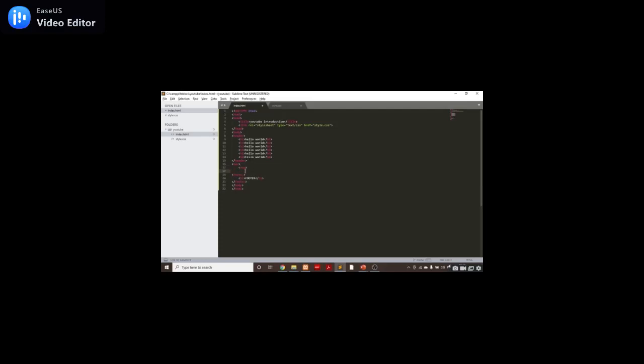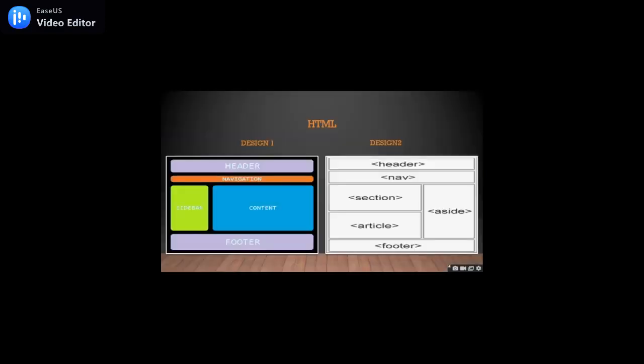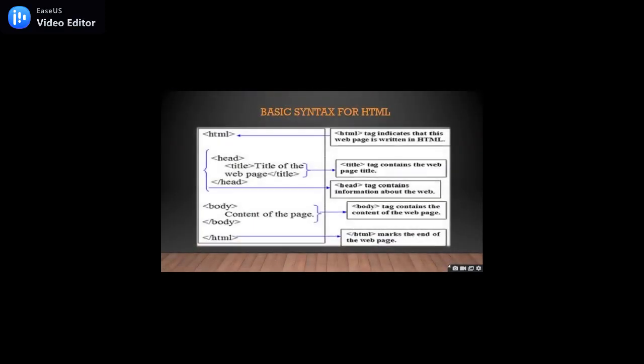The same thing is shown here. In the previous slide I told you about the basic syntax. I think you have cleared your basic doubts about the syntax of HTML, and in further videos you will get all your doubts cleared if you are having some basic syntax problem in HTML.